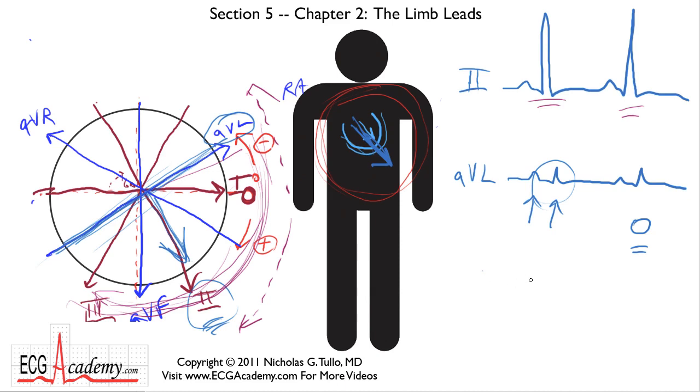So with this discussion of the limb leads, we'll get ready for Chapter 3, which is going to be a review of the precordial or V leads and the kind of things we look at when we examine those. And then in the next section, we'll start to analyze the QRS complex itself using real tracings and start to talk about real